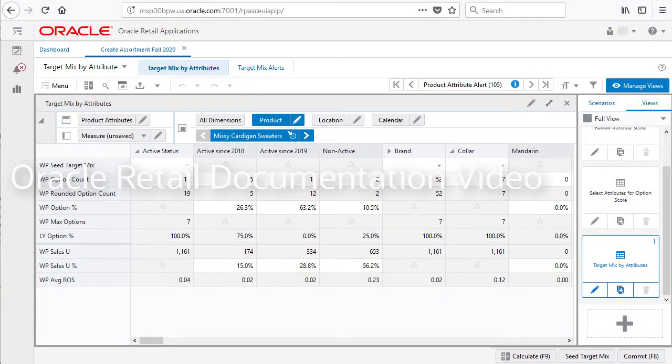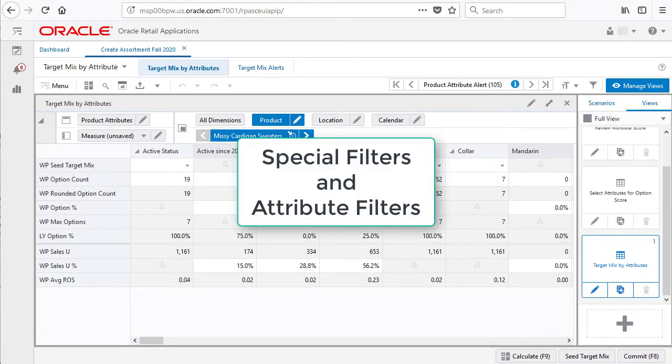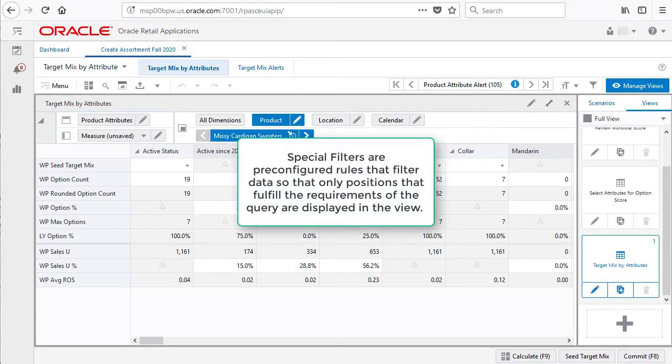Workspace filters are the filters that will help me filter the workspace to focus on my area of work. It includes special filters and attribute filters. Special filters are pre-configured rules that filter data so that only positions that fulfill the requirements of the query are